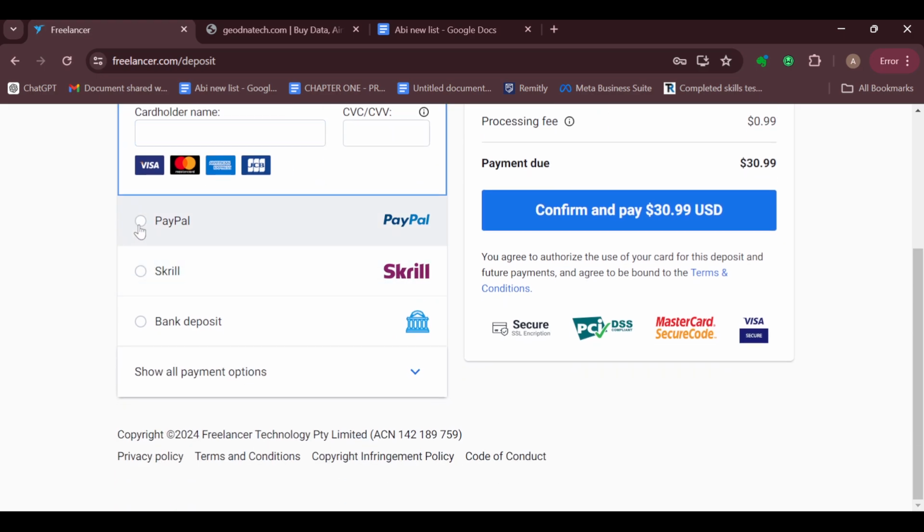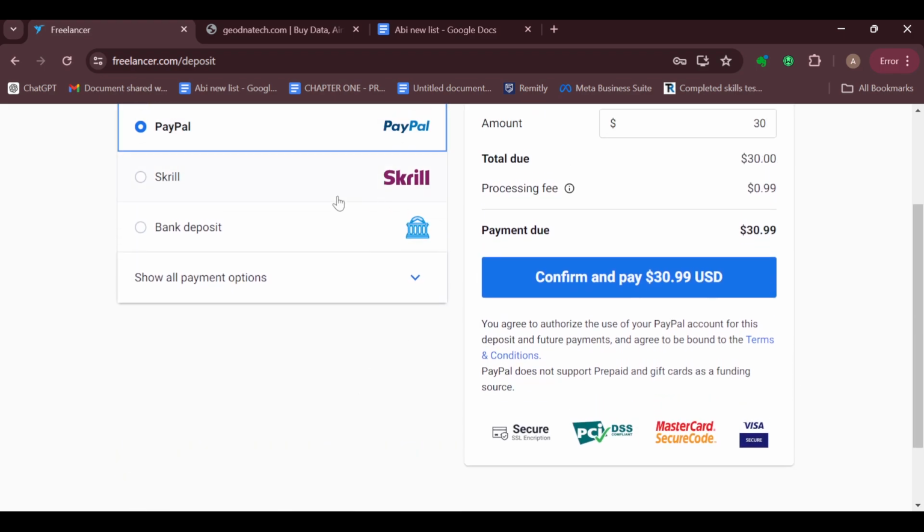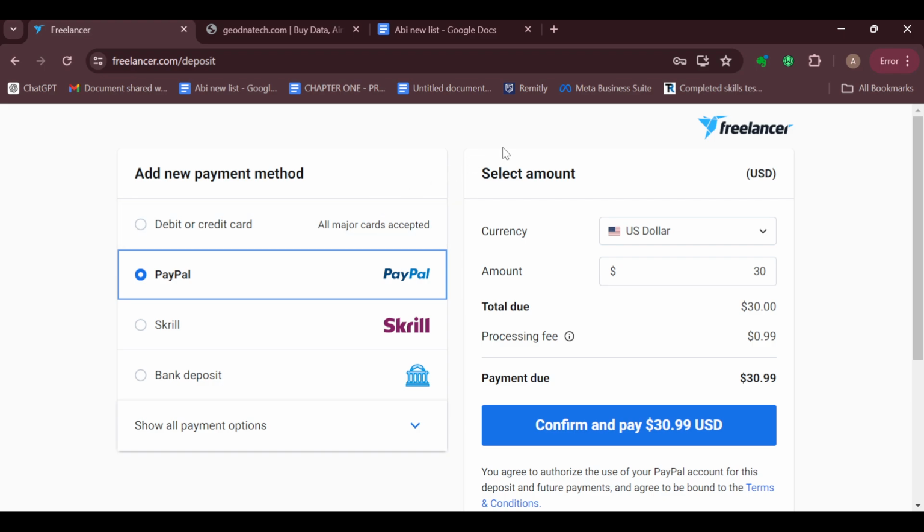Then if using PayPal, by the time you click on PayPal, you'll be asked to connect your PayPal account to your freelancer account. The same thing applies to Skrill and then bank deposit. And then once you're done adding them, move to the right side of the screen and click on confirm and pay, and then just like that, this particular amount that has been written out would be added to your freelancer